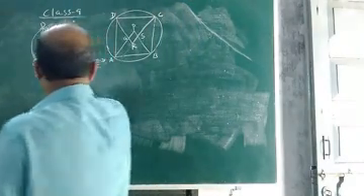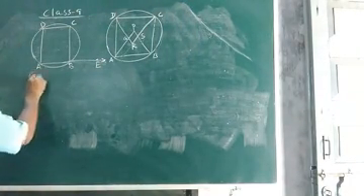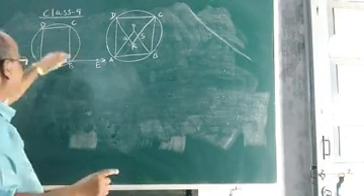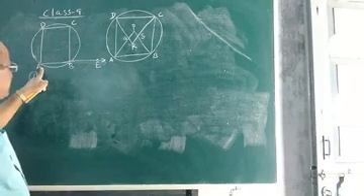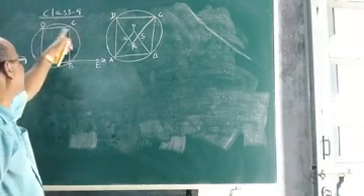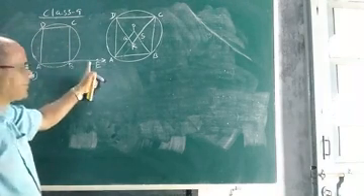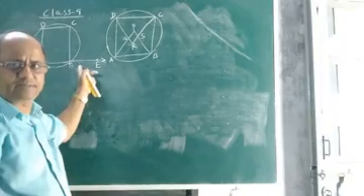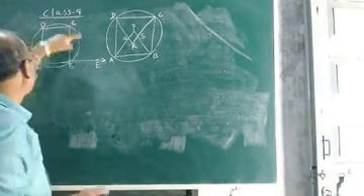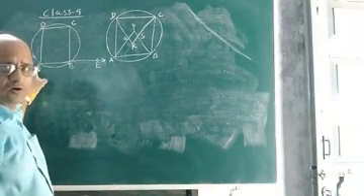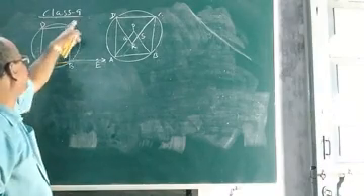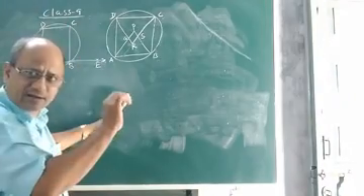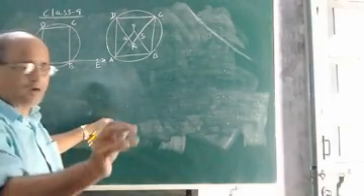Let me discuss another important property. See, what is the property? Let us find out. Suppose you are given a cyclic quadrilateral ABCD. Suppose you extend or produce one of the sides, suppose AB. It is a cyclic quadrilateral because all the four vertices A, B, C and D lie on the circle. So it is no doubt a cyclic quadrilateral.